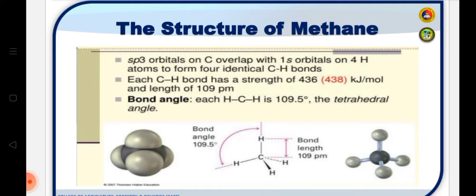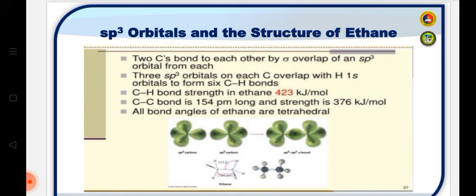Okay, so sp3 orbitals on carbon overlap with 1s orbital on 4 H atoms or 4 hydrogen atoms to form 4 identical carbon-hydrogen bonds. Okay, so this methane or kaning methane has a bond strength of 436 kilojoule per mole and bond length of 109 picometer. Then iyang bond angle, no, ang ideal niya is 109.5 degrees, and because of this it forms a tetrahedral angle. Okay, let us proceed to the sp3